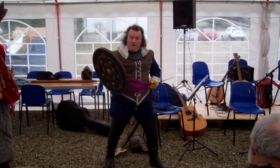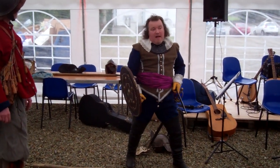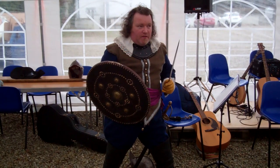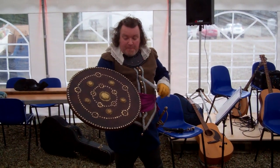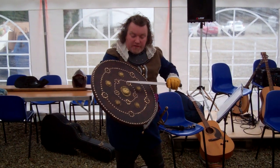Now this is a slightly earlier one, and the targes in Scots warfare actually come from Ireland. This is where they begin. But in the 14th century, I can't remember his name, one of the kings of Scotland actually laid out a regulation of how targes were to be made. The reason you know this particular one is a slightly earlier one from the Wars of the Three Kingdoms and before is